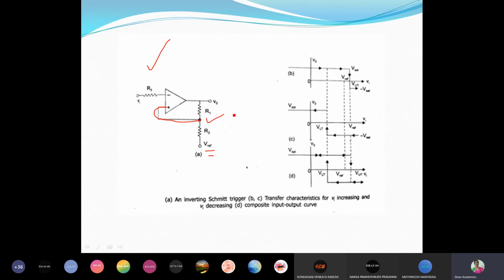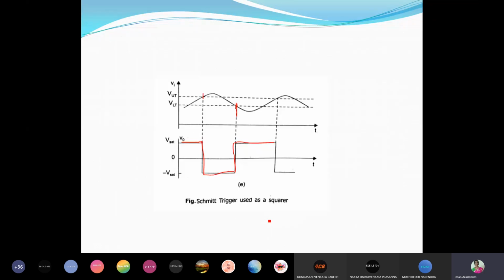So the input voltage Vi triggers the output voltage V0 every time it exceeds certain voltage levels. What are these certain voltage levels? When it exceeds the lower threshold potential, and these voltage levels are called the upper threshold and lower threshold potentials. So this is about the Schmitt trigger, and with this Schmitt trigger I would like to stop here, and